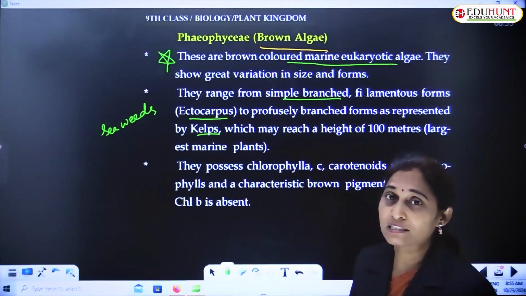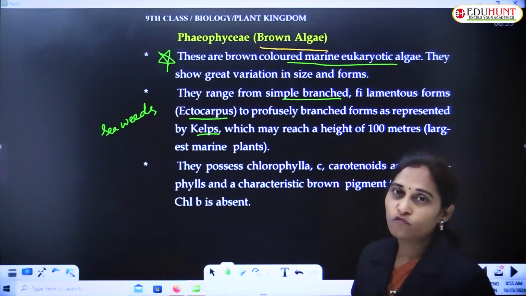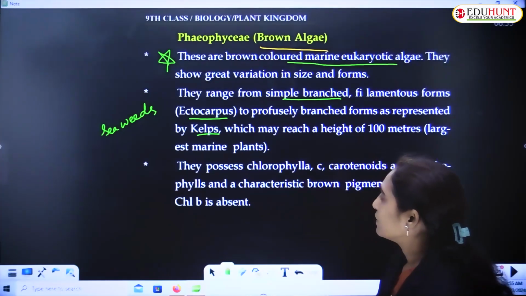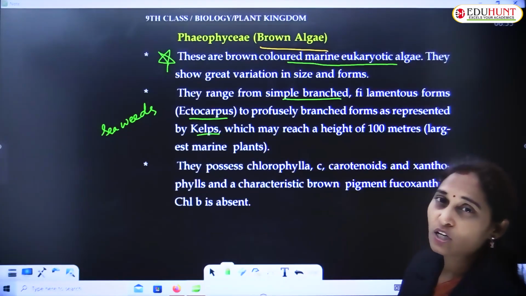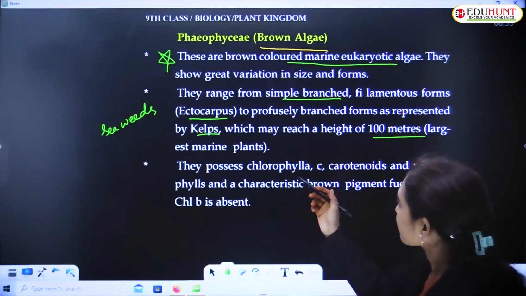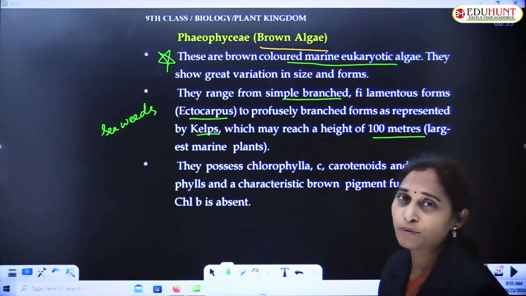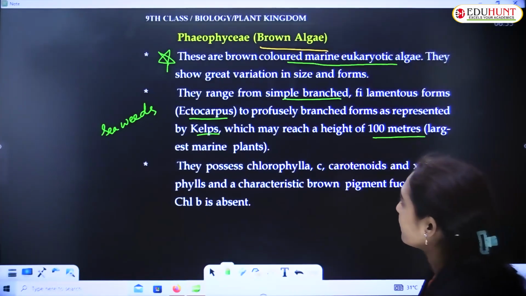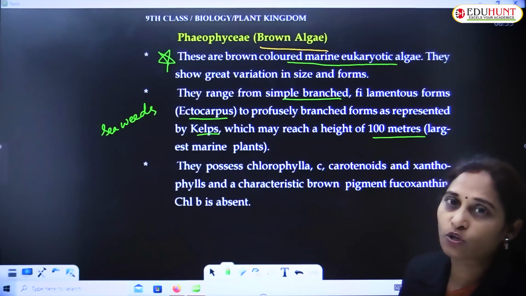Giant kelps are present in this group, Phaeophyceae. They may reach a height of up to 100 meters. The largest marine plants belong to the group Phaeophyceae, brown algae, commonly called seaweeds, and they possess chlorophyll